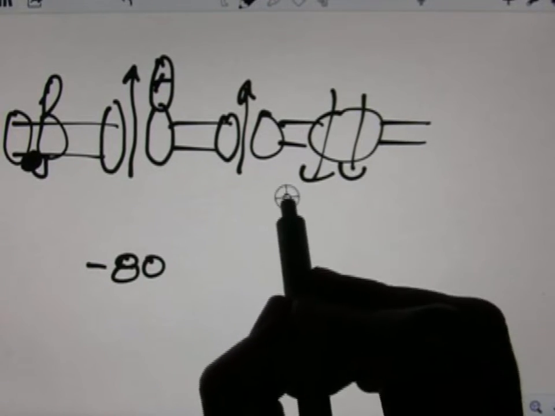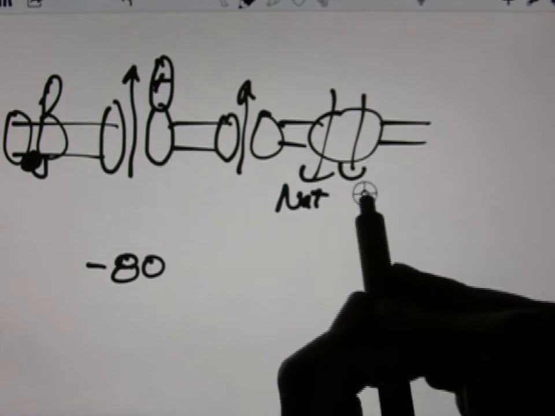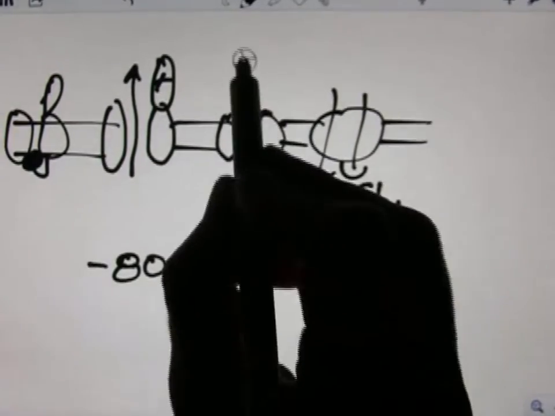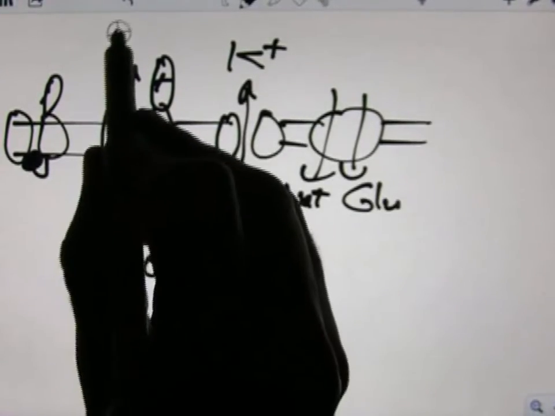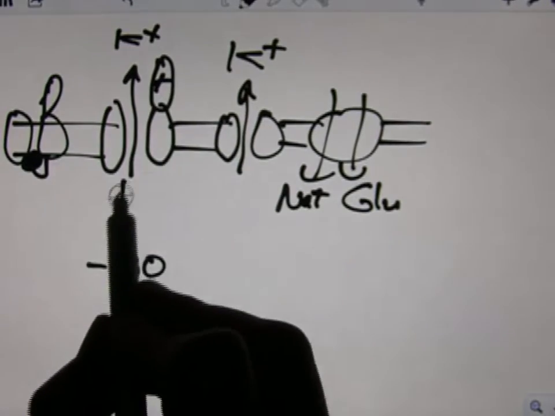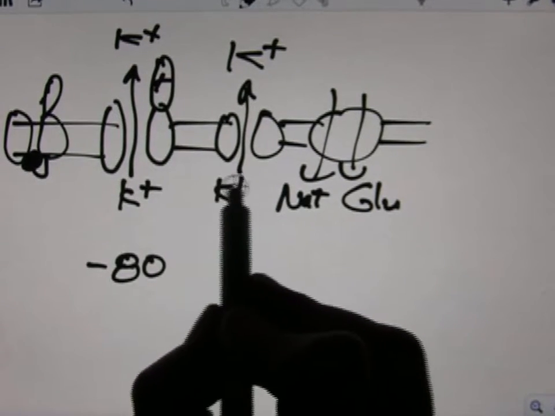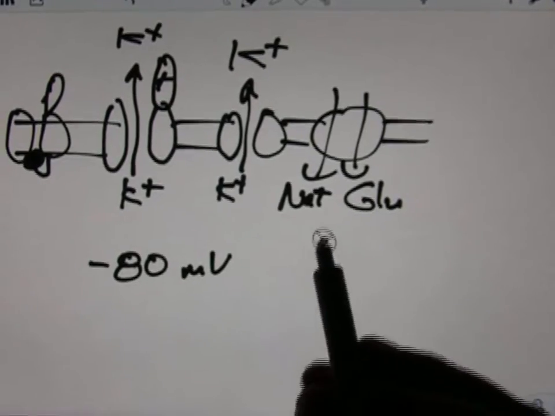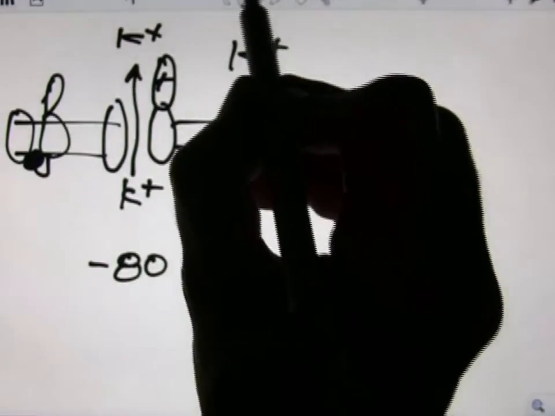There's actually some other ways for sodium to get in, bringing in things like glucose and amino acids. So we have potassium leaving, sodium coming in, and we're at -80 millivolts. At this point in the action potential,